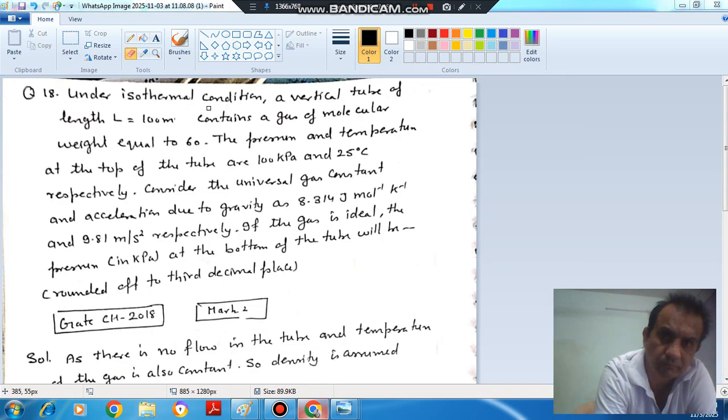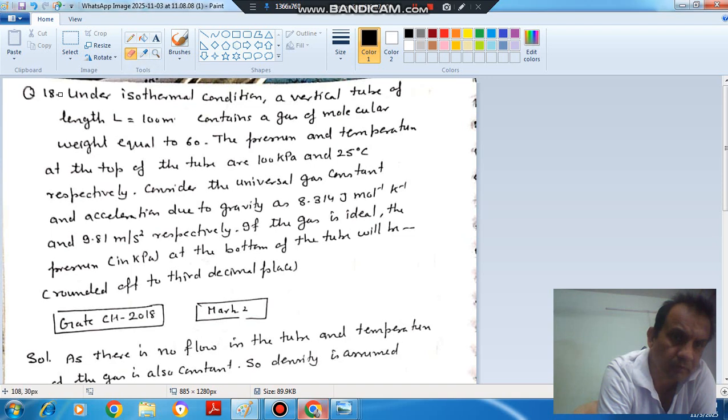Next is question number 18. Under isothermal conditions, a vertical tube of length L equal to 100 meters contains a gas of molecular weight equal to 60. The pressure and temperature at the top of the tube are 100 kPa